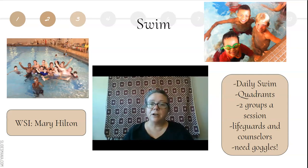The campers are in the water, the counselors are in the water, and there are lifeguards. The counselors in training are also there to assist, and we have volunteers that are also in the water to assist with them. So we have never had issues with our pool, and I know that swimming can sometimes be a very intimidating situation, particularly for our younger campers. And it takes them generally about a week to warm up, and then they start to realize that they are safe and that they're going to have an opportunity to really enjoy themselves in the pool, and they will stay